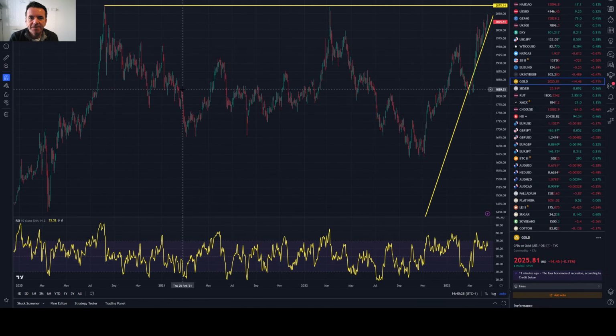what's going to happen up here? Are we going to see it roll over, or are we going to see a breakout? So it's really interesting to see what happens the rest of April for gold. I would be thinking it would start to roll over a bit again up here, but let's see what happens.